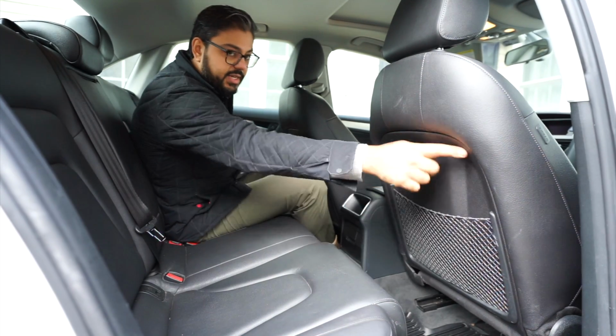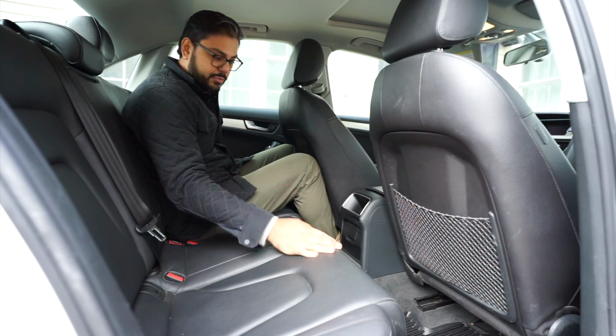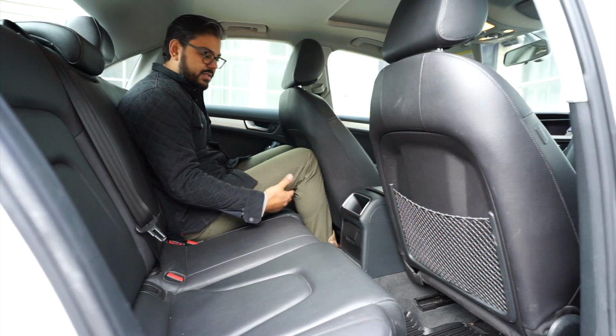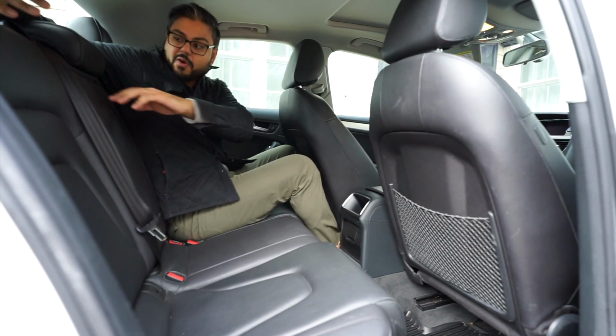They were smart to put the indents in the back of the seat. These do have a little bit of thigh support, but as you can see, because of the space issue, my thighs are not touching the seat. If you're looking at the center armrest,